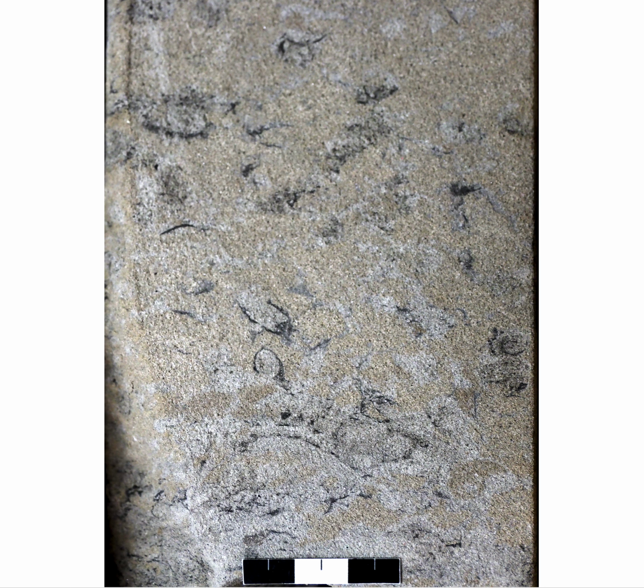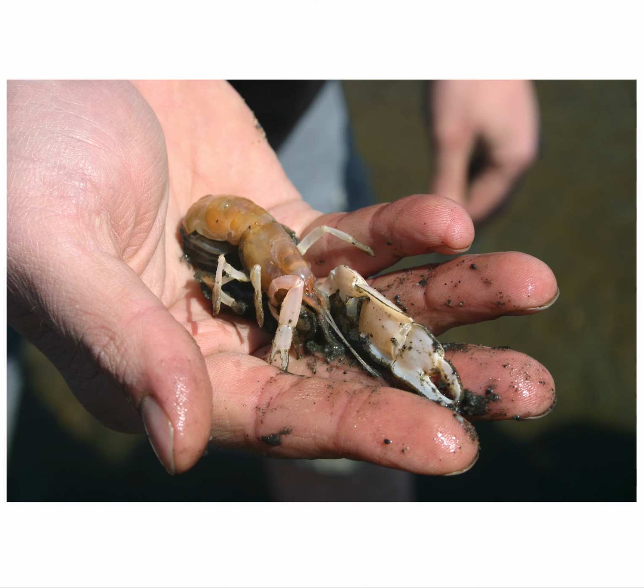So what kind of animal makes these Ophiomorpha? Something like this fella here, that is a fella actually, it's a male. You can tell by the size of its claw. One big claw, one little claw is associated with males in this type of thalassinid shrimp, and it's known as Neotrypaea californiensis. That's a burrower that I've studied quite a bit on the West Coast, and